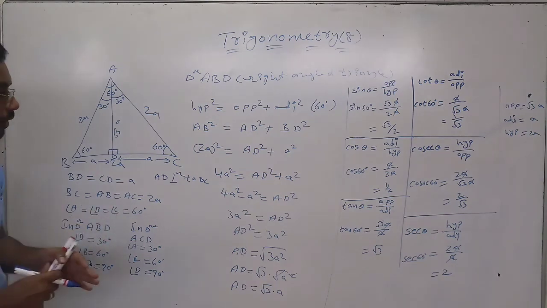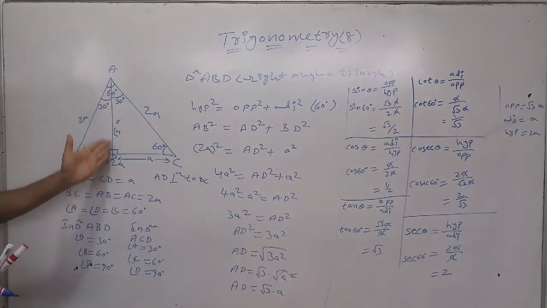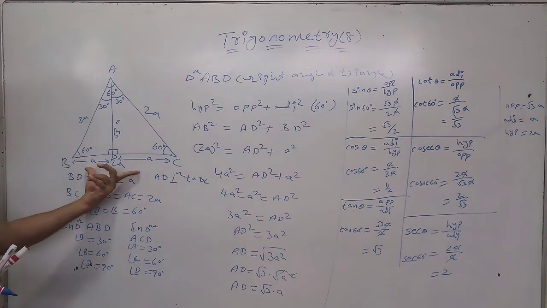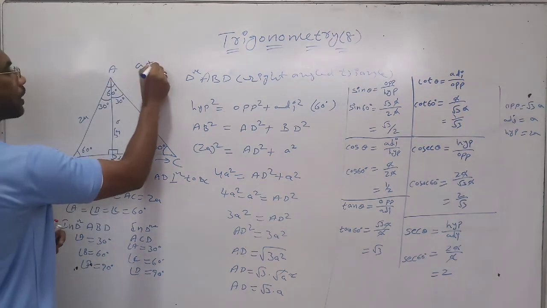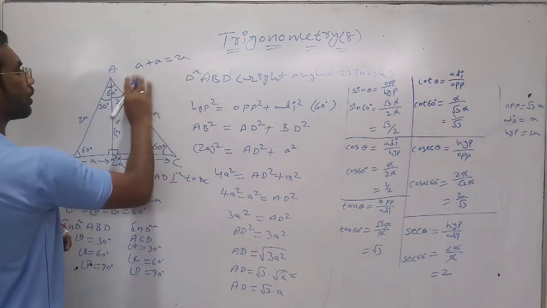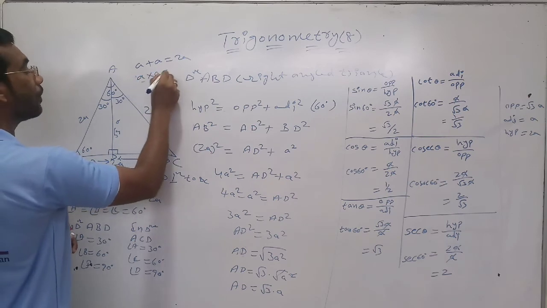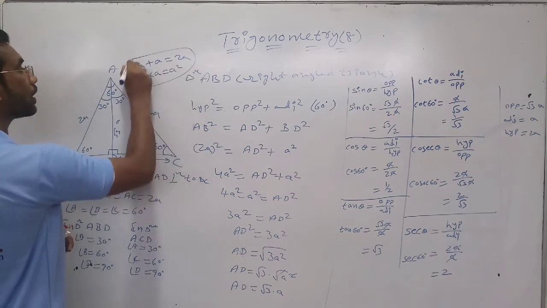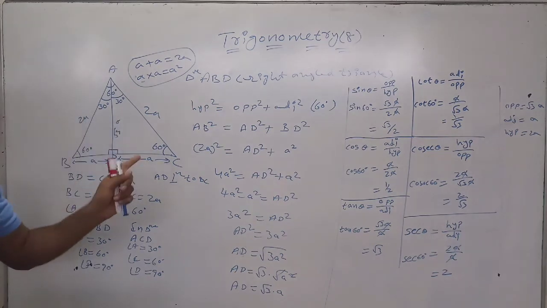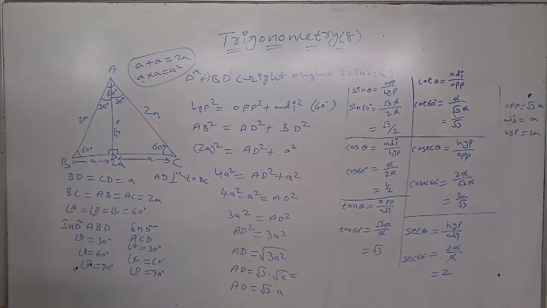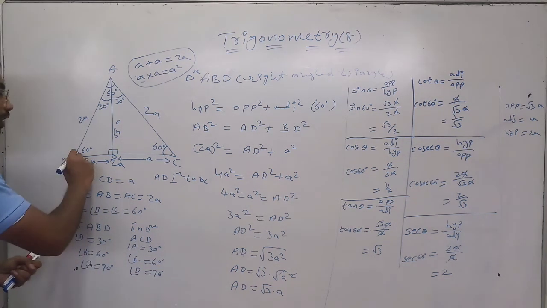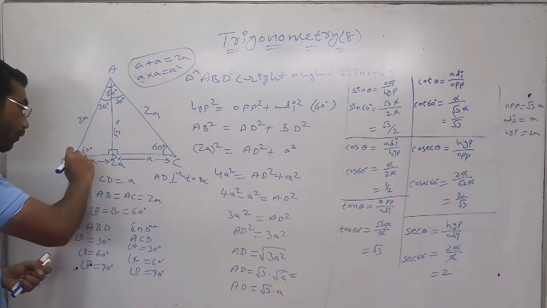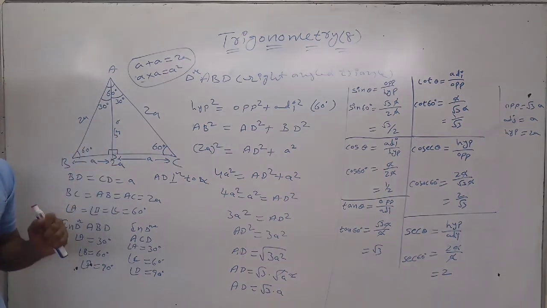After that, finding out the third side. What is the third side? We don't know. If we divide this 2a into two parts, then it will be a plus a. A plus a, how much will it be? 2a. A into a will be a square. Most of the students get confused and write the wrong one. So till now we have completed. One more thing: what angle are we taking? Angle 60 degrees. So we should take the opposite of 60 degrees only. It will be the opposite side.